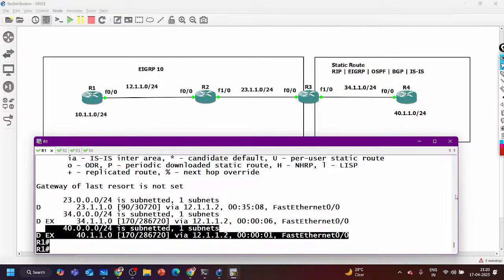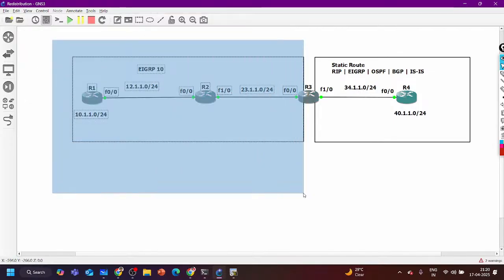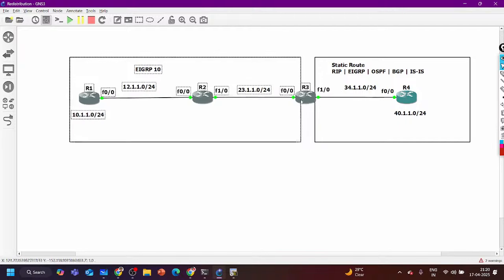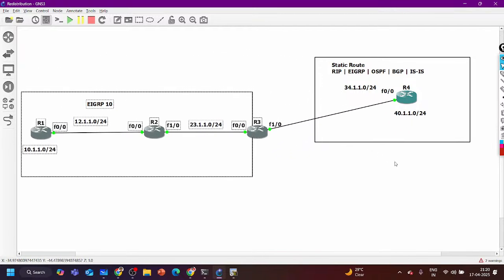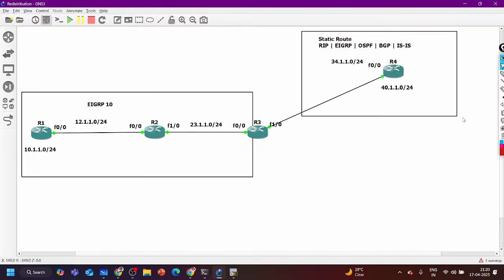This is simple redistribution. Now let me modify some part of this network, guys. For example, this is my company, and here are two different companies. I'm merging two different companies here. One more router is there, for example.